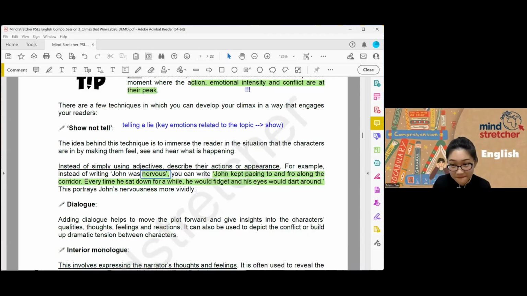Okay? Yes. John was pacing while biting his nails. Yes, Gwendolyn. So he was pacing to and fro and biting his nails. Yes, that's showing. Because it's like when you watch a movie, right? The characters don't look at the camera and say, I'm nervous now. And then they behave in a nervous way. They just behave and you just know, right? So imagine watching a movie, characters don't turn to you and tell you how they feel, but you know because they're showing it. Okay, so that's right. Biting the nails, nail biting.